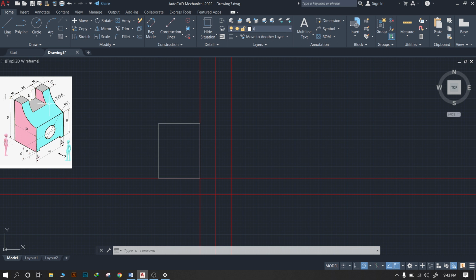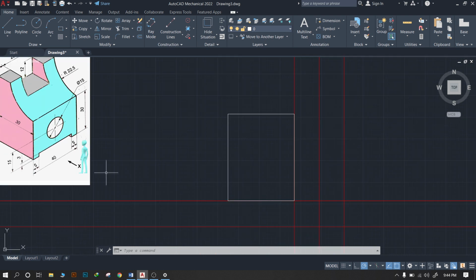Now we will draw the aqua colored shape in our front view. As we look into the front view, there is a slot at the bottom, and it has a gap of 30 mm. From the left hand side a 5 mm leg is there, and on the right hand side also a 5 mm leg is there. So we have to draw that particular gap in the front view, and it has a slot of 3 mm height.